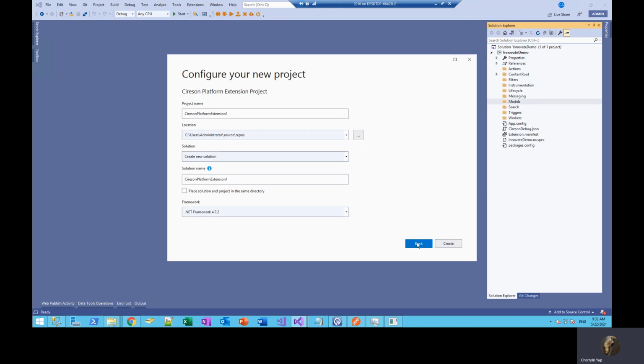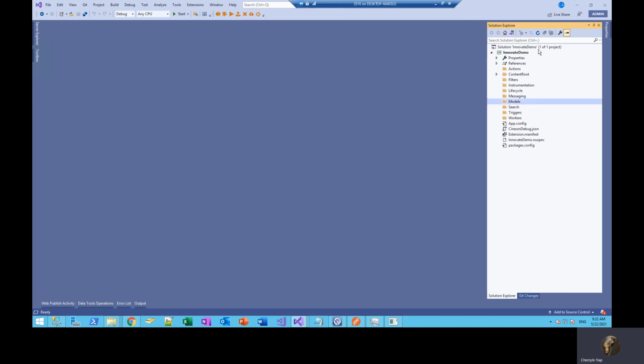But I've already created one at this point, just because the scaffolding will take quite a bit of time to populate the default contents that this platform application will have.